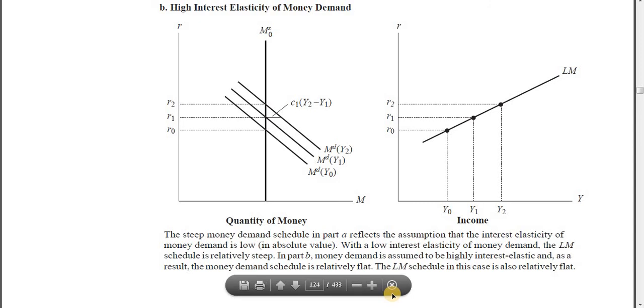Intuitively also it's very easy to understand. So either way, money income has gone up, transaction balance has gone up, so it would put upward pressure on the rate of interest, just so as to reduce the speculative balance. But we know speculative balance, the demand for money, is very, very sensitive to the changes in the rate of interest. So a slight increase in the rate of interest would reduce the speculative demand, and we'll be seeing a re-equilibrium in the money market. That's it.